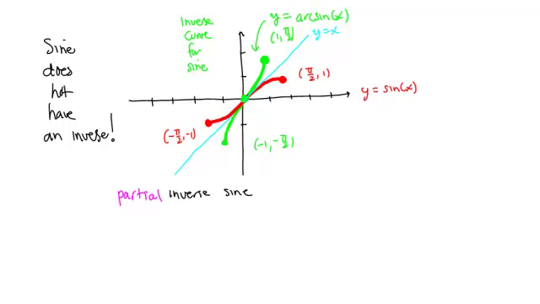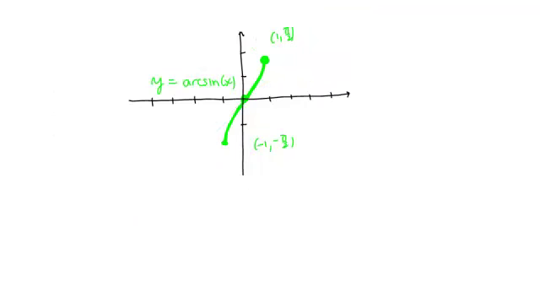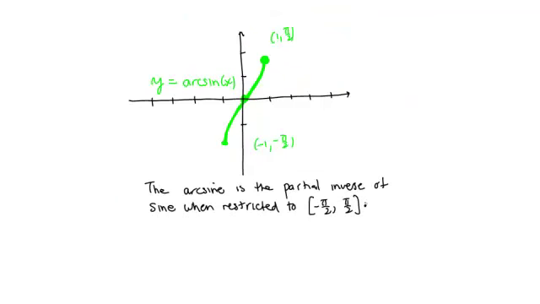So let's summarize what we've just done right here. We've defined a new function, the arcsine. What is this new function? The arcsine is the partial inverse of the sine function when restricted to the interval from minus pi over 2 to pi over 2. Said differently,